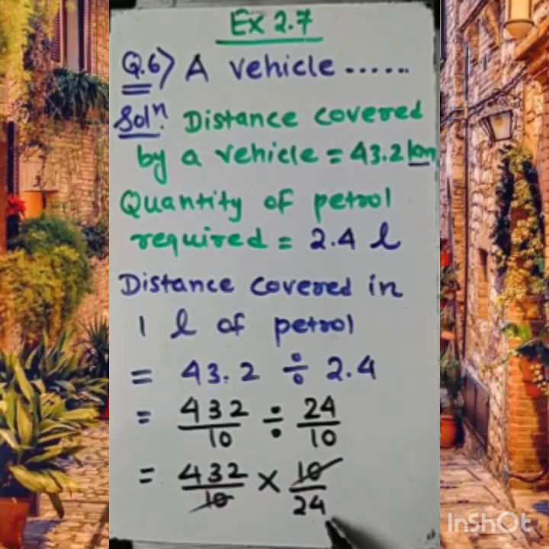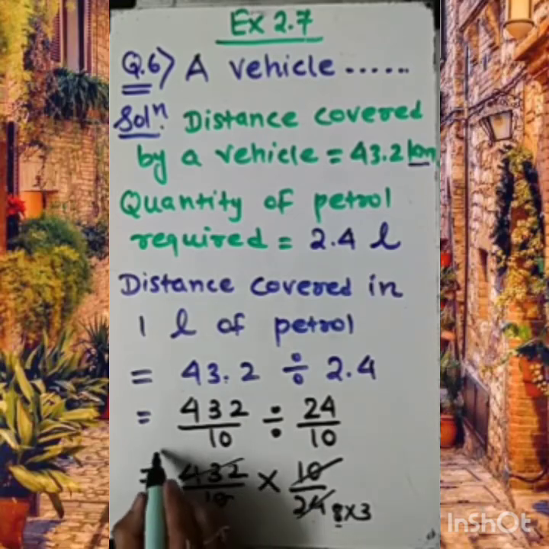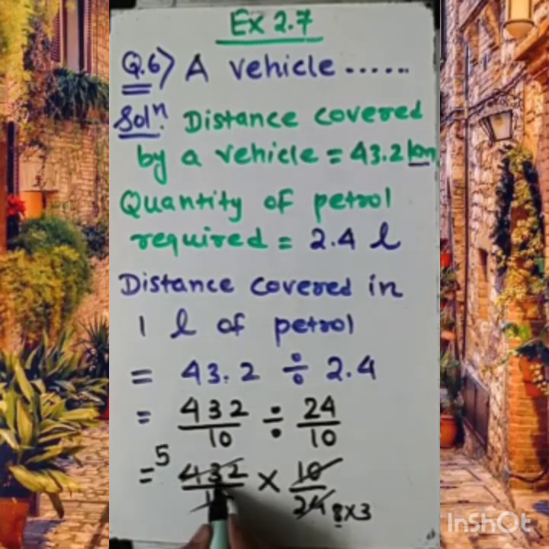If not, then show it in a rough column and do it one by one. So first, suppose we are choosing 8 threes are 24. So let me try with 8 first. If I divide by 8, then I will have 8 fives are 40. Then 32 left. 8 fours are 32. So here 54 will be there. So 8 has been cancelled.